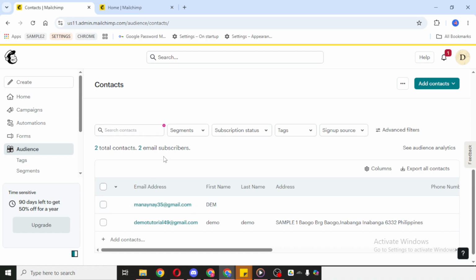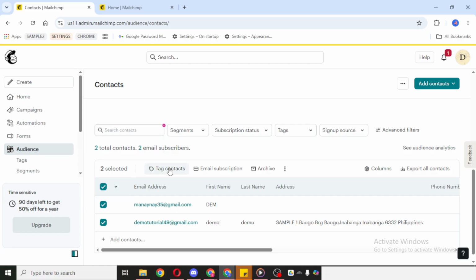Next, click the box that allows you to mark all contacts as selected. This is the easiest way to apply the same organizational action to the full group at once. Selecting all contacts can save a lot of time compared to choosing them one by one, especially if you're managing a larger list. Once everything is selected, click the option labeled Tag Contacts.